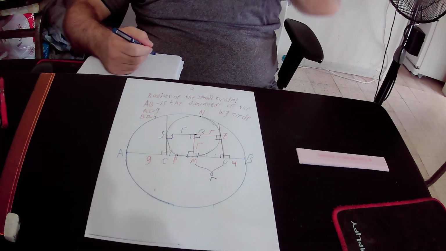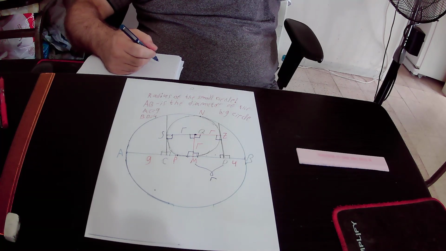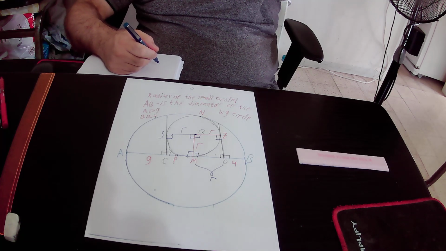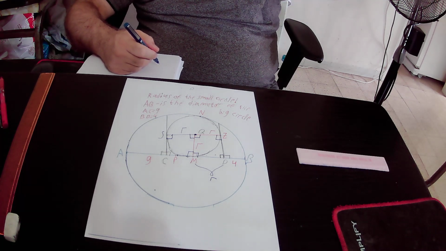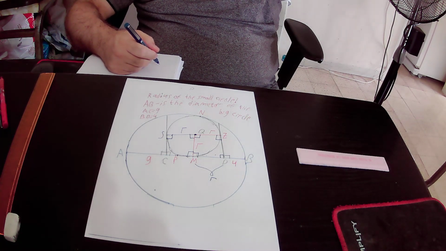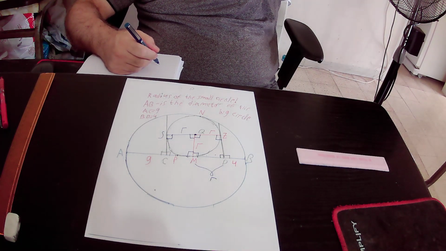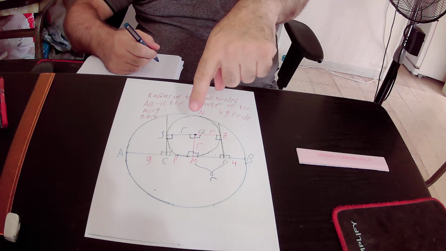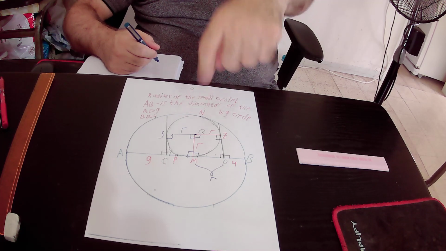So quadrilateral SQCM has 4 right angles, therefore according to rule number 3 that states that if a quadrilateral has 4 right angles, then it is a rectangle. Quadrilateral SQCM is a rectangle,